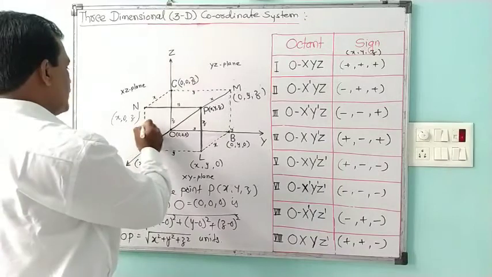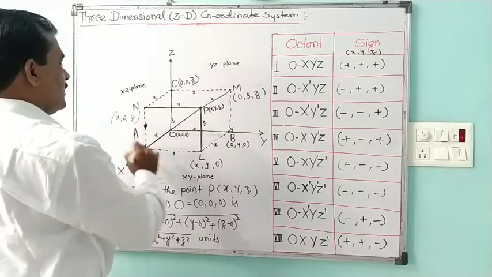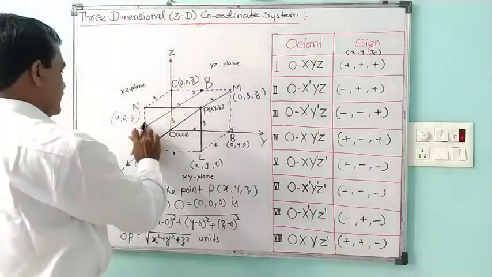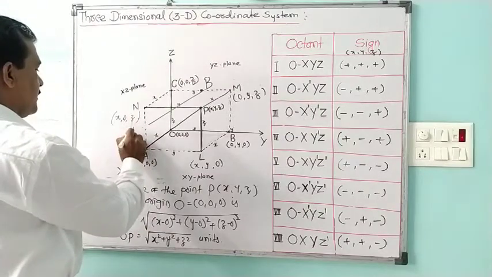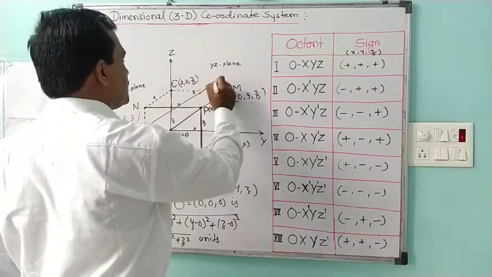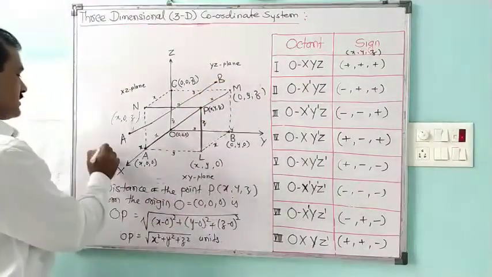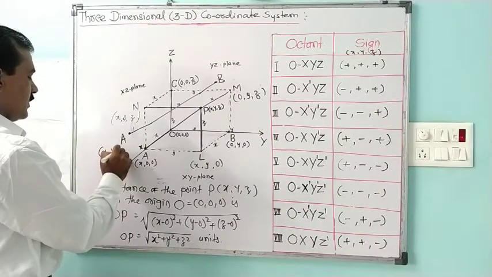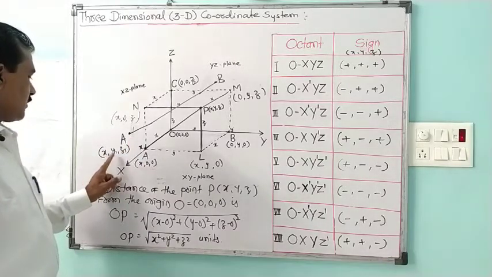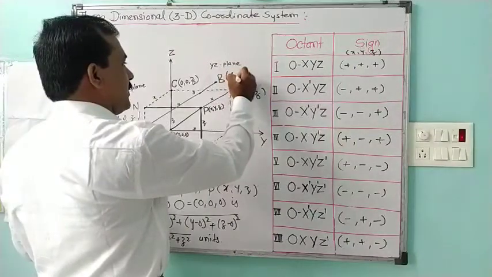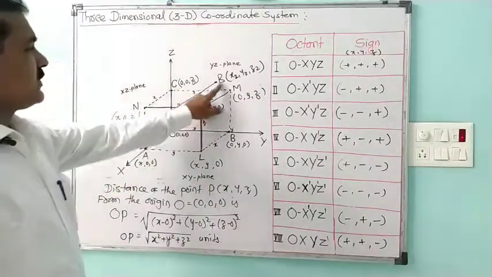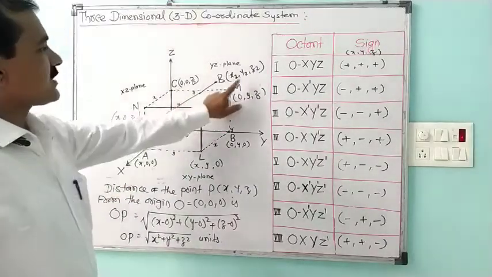If I say that here is your point named A and here is your point named B, then these are two different points in space. We cannot say they will be on a plane. Instead of using a plane, if I consider point A with coordinates x1, y1, z1, as A is in space, and the coordinates of point B are x2, y2, z2. So the two points in space have their coordinates supplied to us.